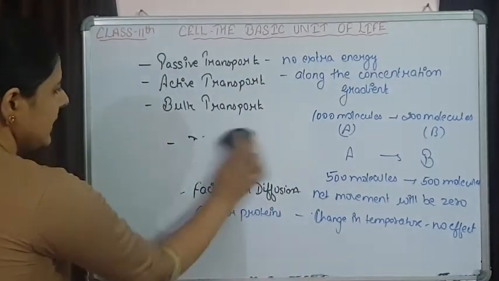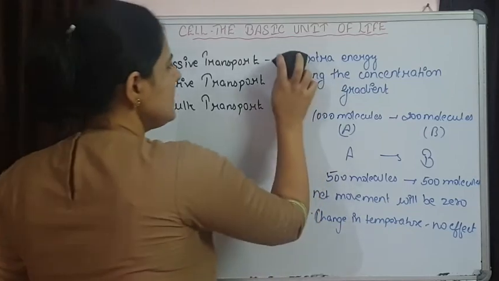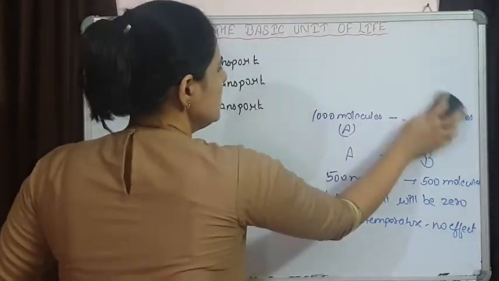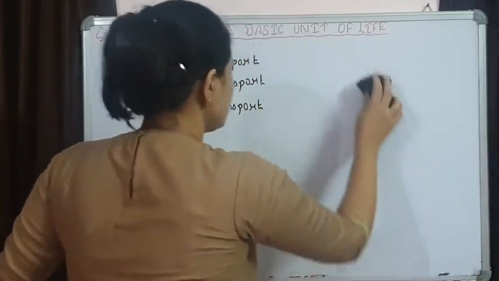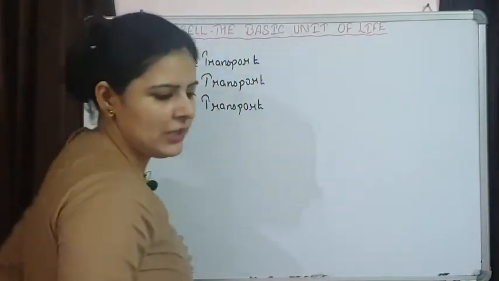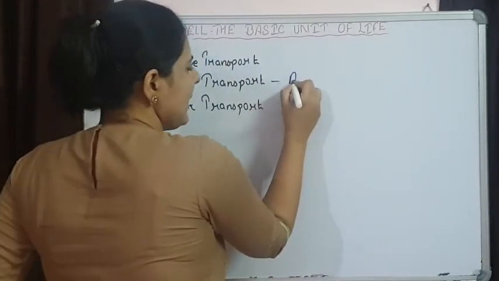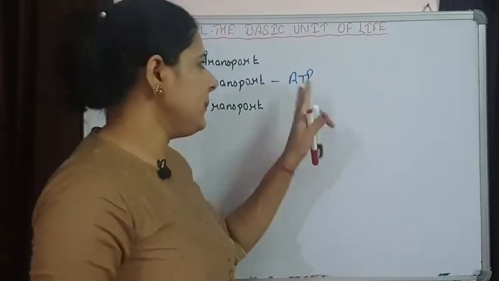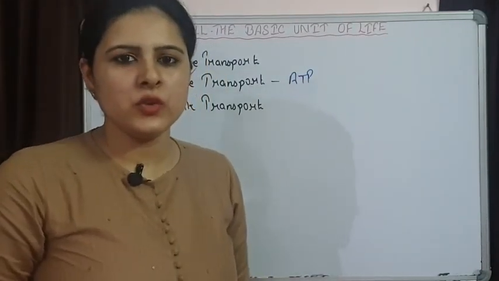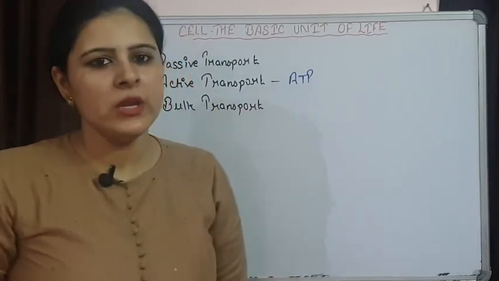Second one is active transport. In active transport, we know that it is just opposite to the passive transport. So there is a requirement of energy in active transport. It is going to use ATP. After hydrolyzing ATP, ADP is going to form, and the energy that is liberated is used in the movement of